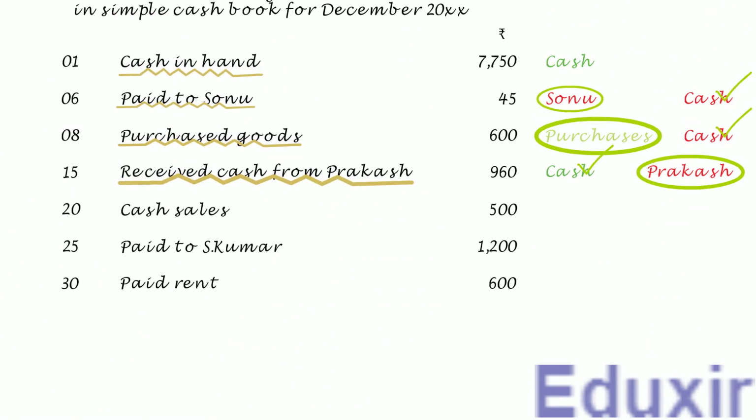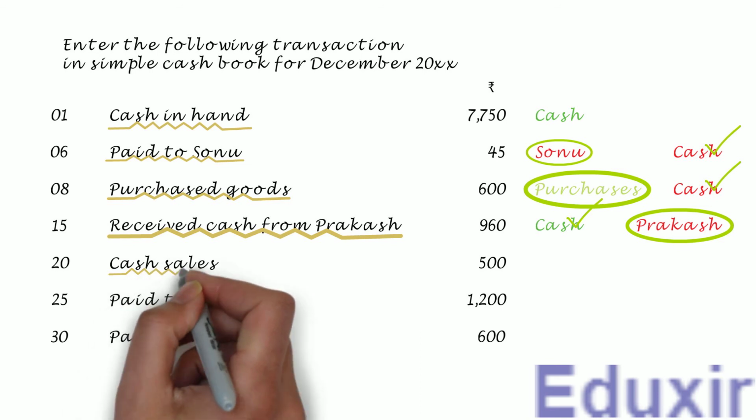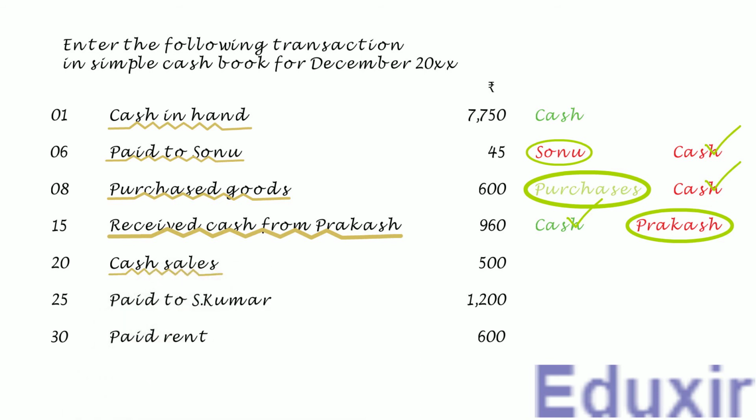In this transaction, the business has sold goods worth 500 rupees for cash. This is my favorite transaction, as the wording is such that it is in the order of debit and credit accounts. So, without even a second thought, we can tell that the cash is the debit and sale is the credit. There is a fun dealing with this transaction. Anyway, let us proceed with the analysis of this transaction for the sake of doing it.